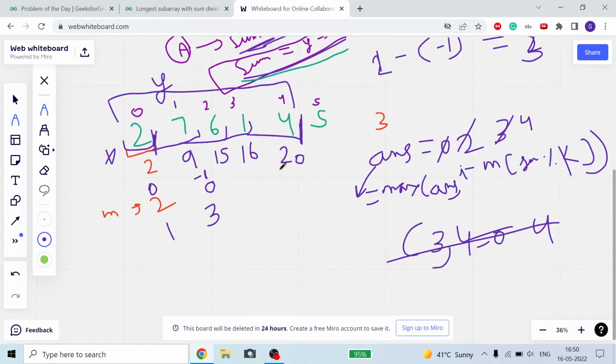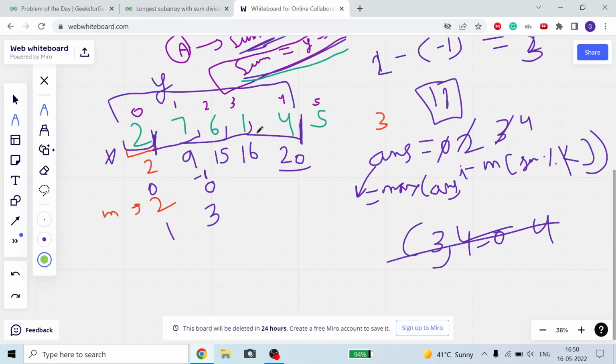If we remove the sum till here, 2, from the sum till here, 20, then it will be 18, and 18 is completely divisible by our k. Then we are left with the sum of these 4 numbers after this index and before this index, the sum of 7, 6, 1, 4.